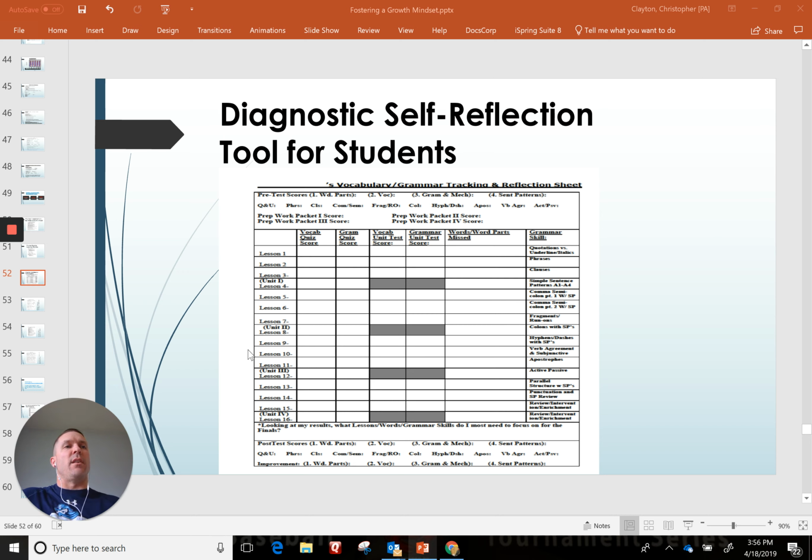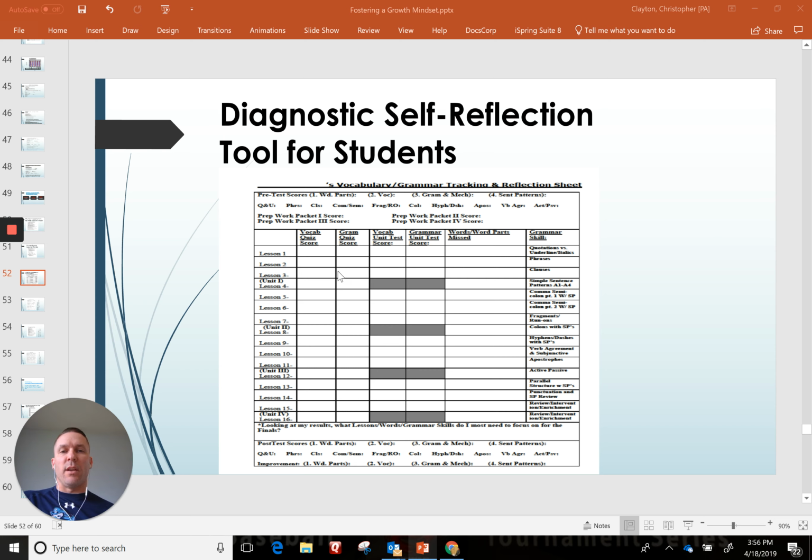Do I get to really dive into where my areas of strength are and where the areas are that I really want to target for growth and improvement? And do I get to progress monitor my growth and improvement all along the way? And that is really, in my opinion, where the rubber meets the road for students in terms of: is this whole thing, school, really about growth and development, or are they just trying to measure me to sort and classify?